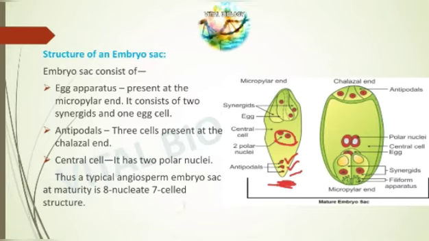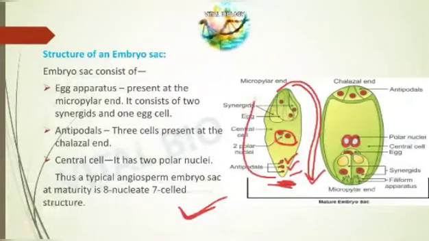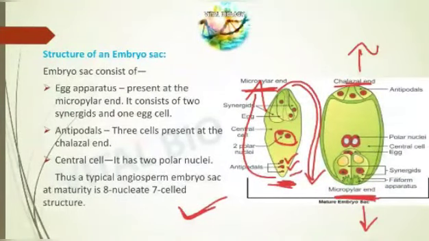Okay, so this much is about the embryo sac. This will turn oppositely. This pole goes down and this pole goes up. At the start the micropylar end was at the upper part, but finally the micropylar end is at the downside and the chalazal end has come towards the upside. Why? Because it is going to be fertilized next. So this much is about the process of megasporogenesis.